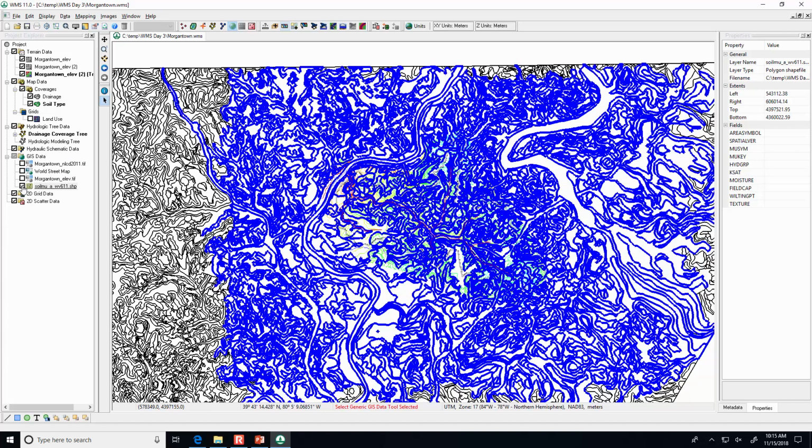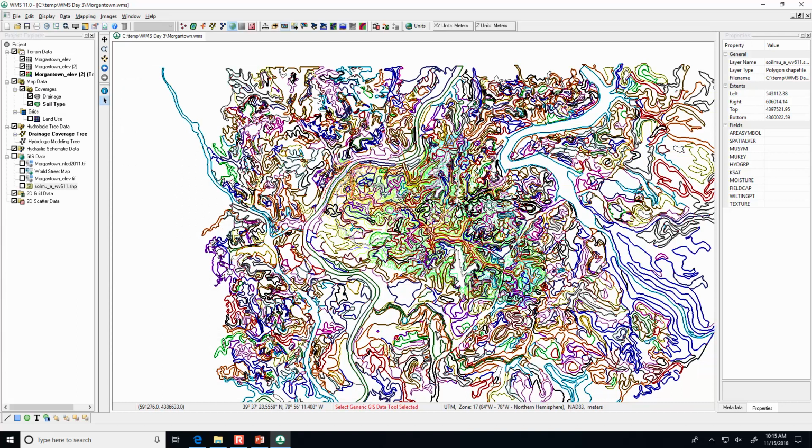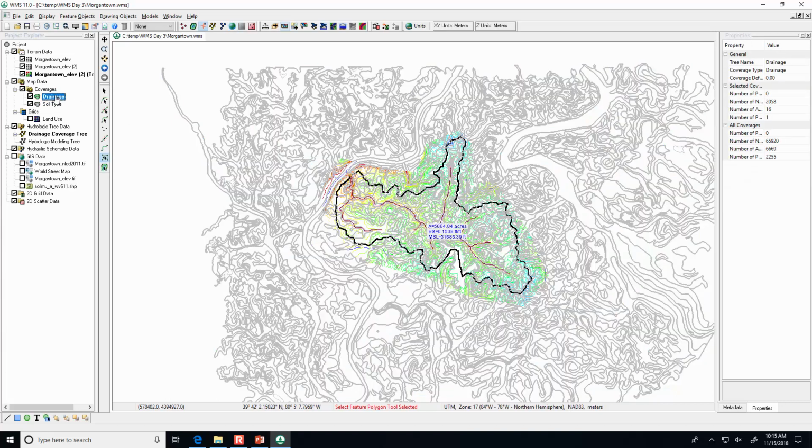We can turn off the 611 shape file. And now that the soil type is colored and active, you can see that it covers the watershed area. If we go back to our drainage module, then it'll take the soil type stuff black and white, and we have all of the polygons covering our area. So now we can calculate the curve number because it has land use, which is that National Land Cover Database. It's got the soil type,